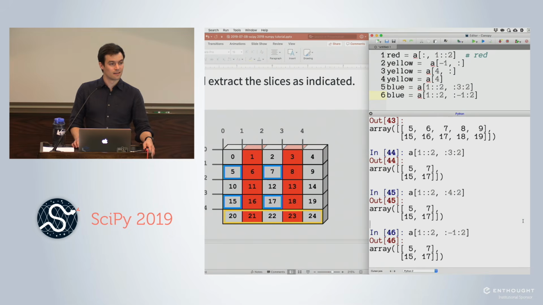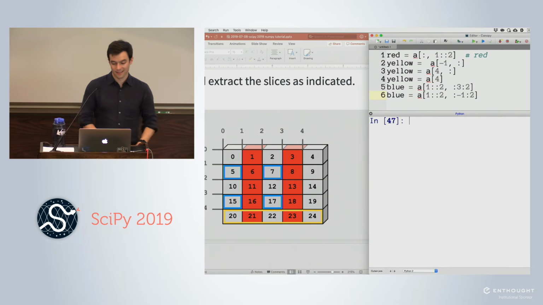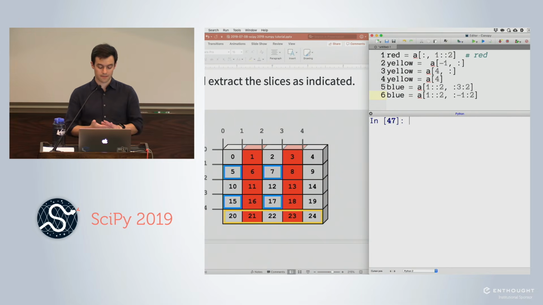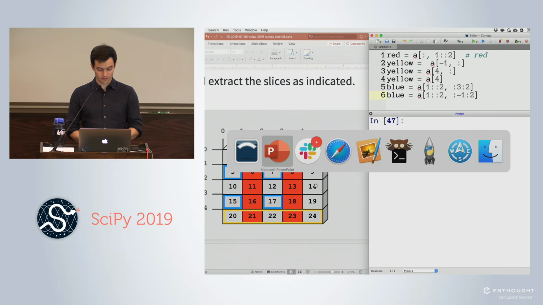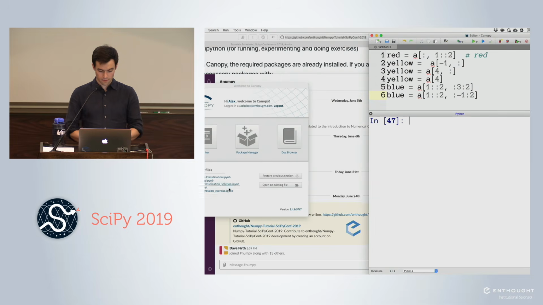Yes? If you want to make a copy of a 2D array, is it good practice to use two lonely colons? So the question is, if I want to make a copy of an array, do I need to use the two lonely colons? It's actually a really good question, and I think it's the next thing in the slides. So let's demonstrate this